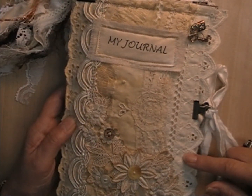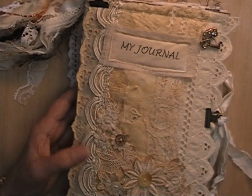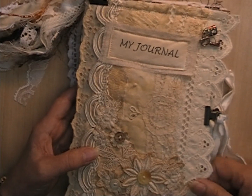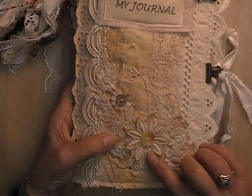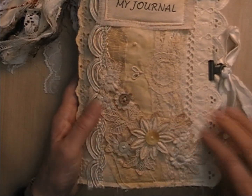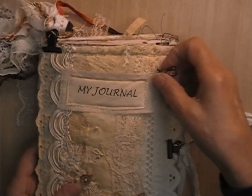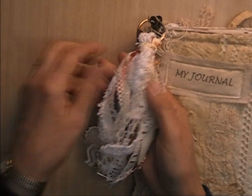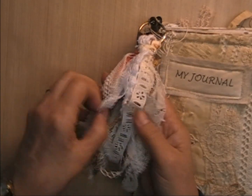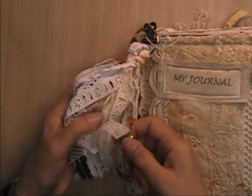There's some lace here. There's 1, 2, 3, 4, 5, and an applique. 5 different linens and laces on here. This one is dimensional. The applique was actually part of the applique, and some vintage buttons and trims. And there's the lock and key. This one also has a lace tassel with all kinds of laces and fibers, and it also has a beaded